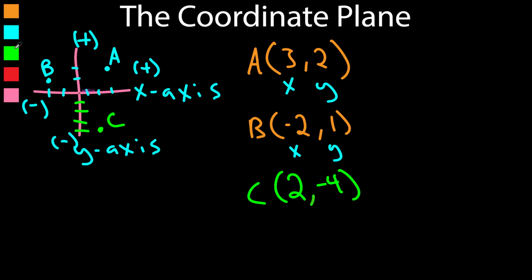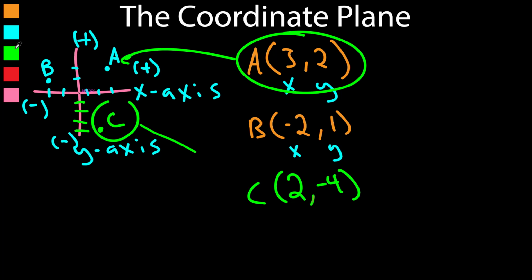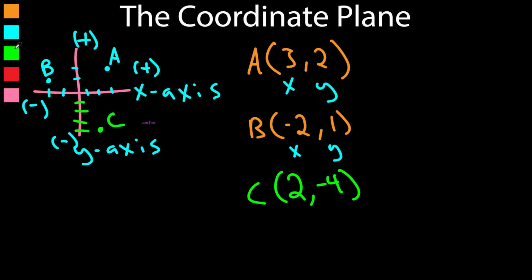We need to be able to go back and forth between looking at an ordered pair and drawing it, and looking at a graph and saying the ordered pair. Now the only new thing that's in this is quadrants. Quadrants are 1/4 of the graph. So this is quadrant 1,